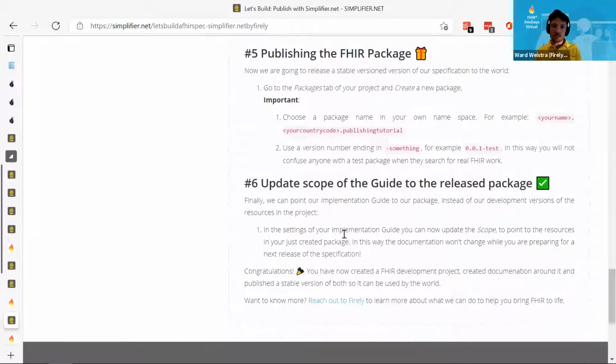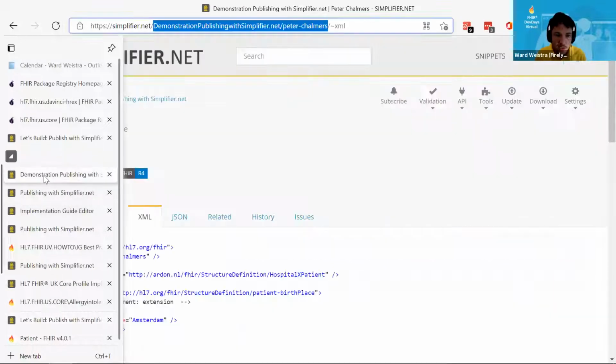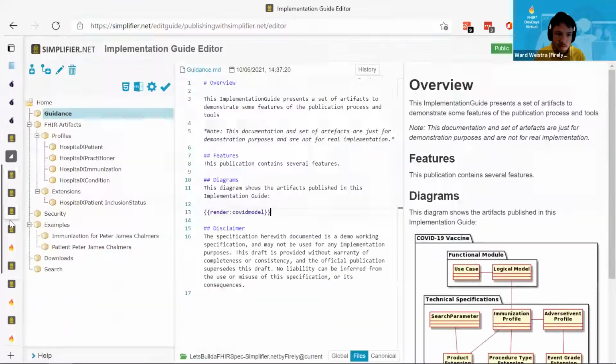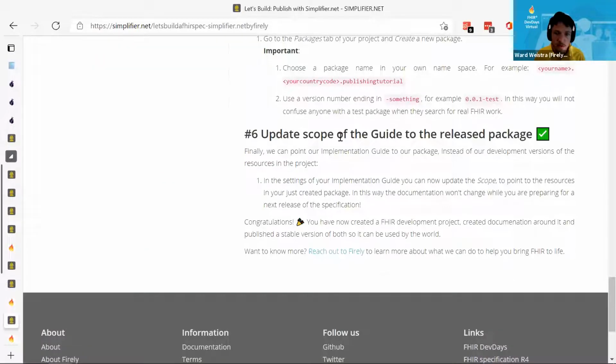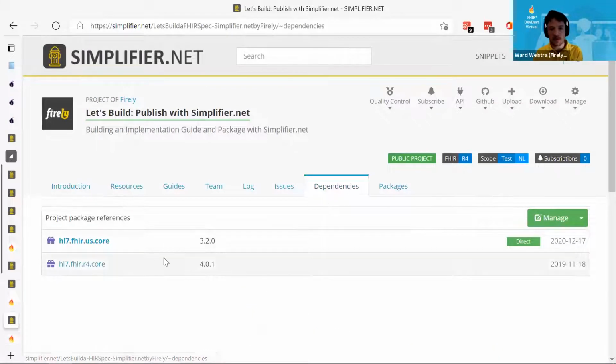Publishing a FHIR package. I'm afraid I need to rush this a bit. So let's go back to our project. Let's say we're completely happy with our project now. And I'm actually going to do this on the tutorial project, I think. So you would go to your packages page. Earlier in the dependencies, we've set the other package that we depend on,